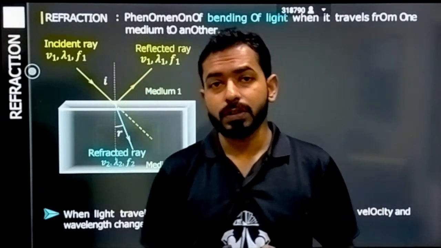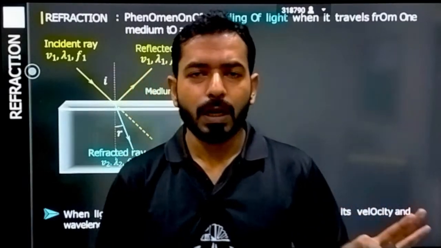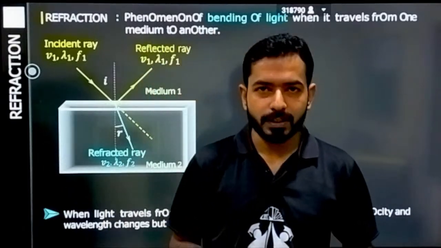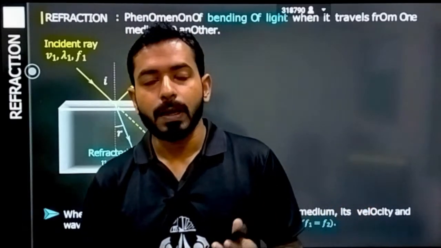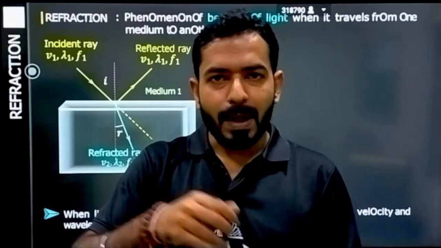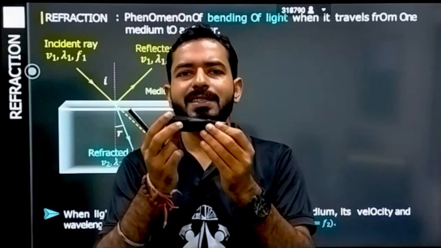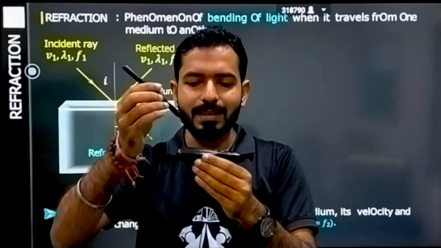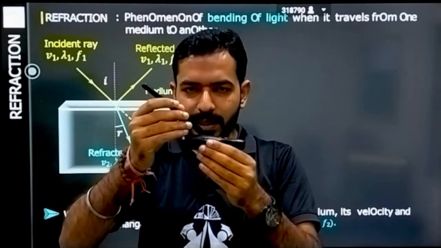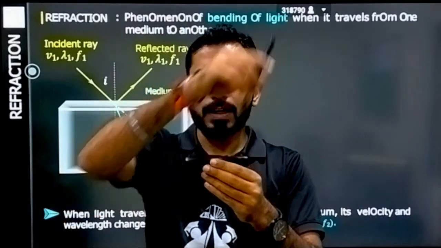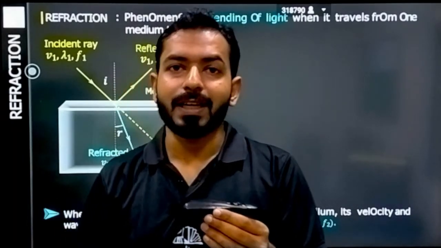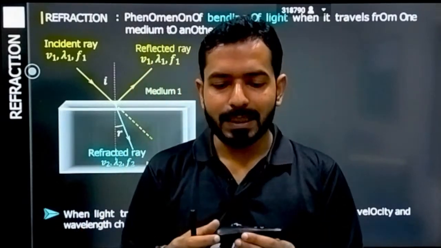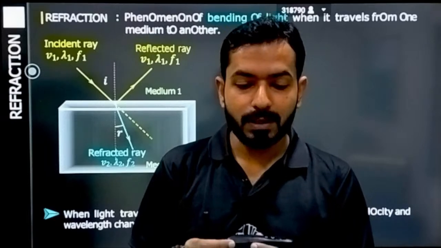Now today the reflection part is over. Now we are going to focus on refraction. Now what is refraction and what was reflection? Reflection was when the light comes back again in the same medium. Let's suppose this is a surface on which light is incident. If light is incident at some angle, it will have some normal and light will be reflected, and we have seen the laws of reflection, that angle of incidence is equal to angle of reflection. So when light is coming back again in the same medium, this phenomenon is called